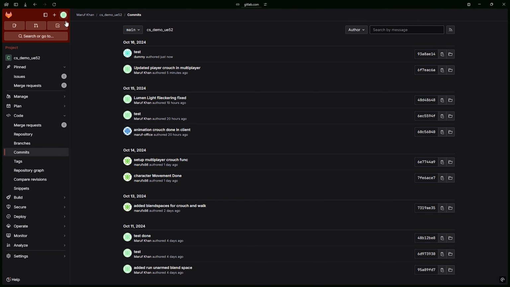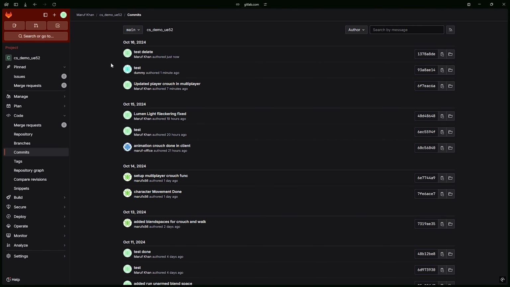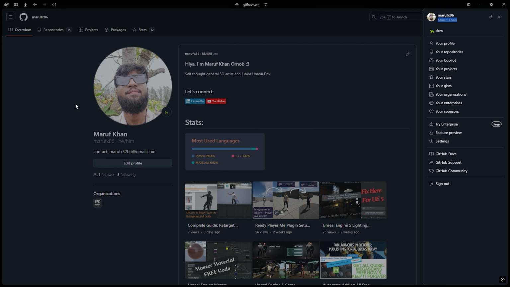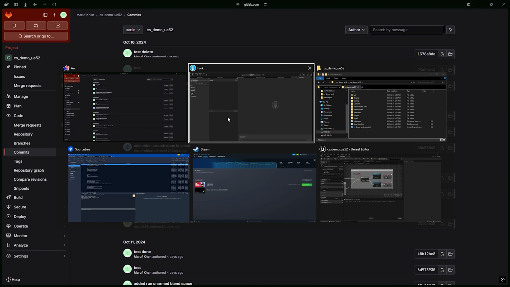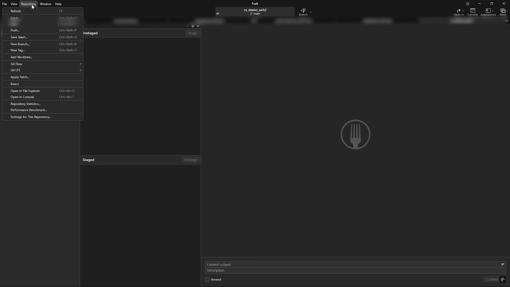Let's check. Okay, you see, if I hover over my profile, this is showing me my official profile. So you can use this method with GitHub also. Just copy your full name and the email address and paste it into the repository